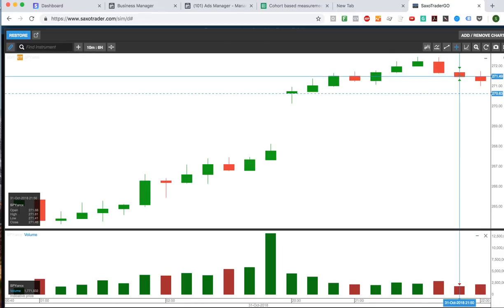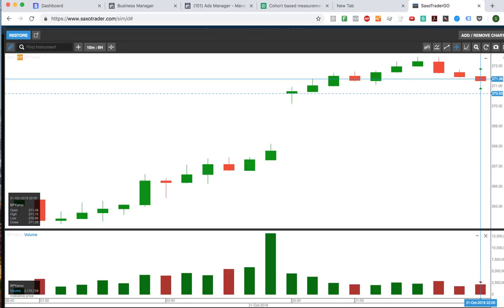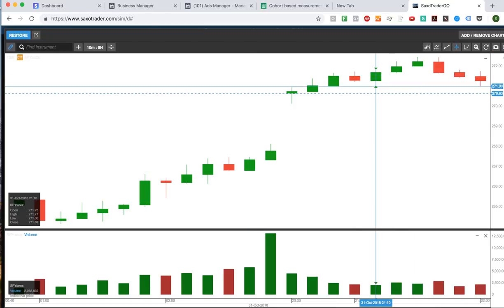So the close is 271.46 and the open is 271.48, so we do not have a gap open buy setup. Do we have a fake out buy setup? So the low here